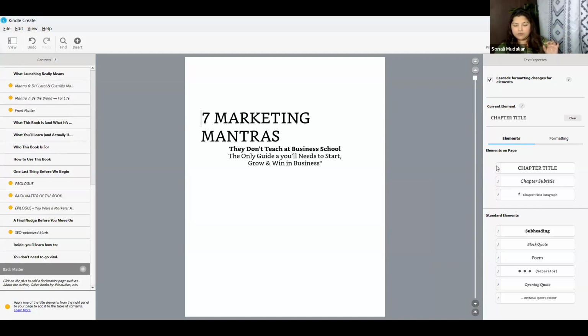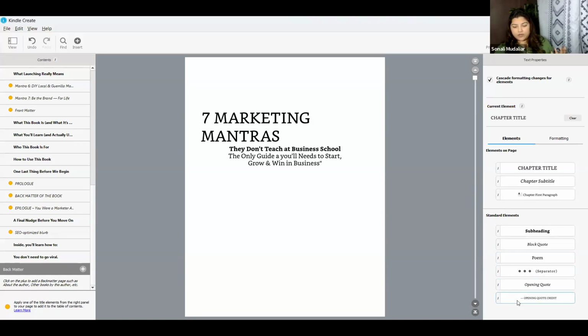On the right hand side, if you notice, it says the elements and formatting. In elements, we have chapter title, chapter subtitle, chapter first paragraph. Then you have some standard elements like subheading, block quote, poems, separators, opening quote, credit. When you're using an opening quote, you will use this particular formatting.